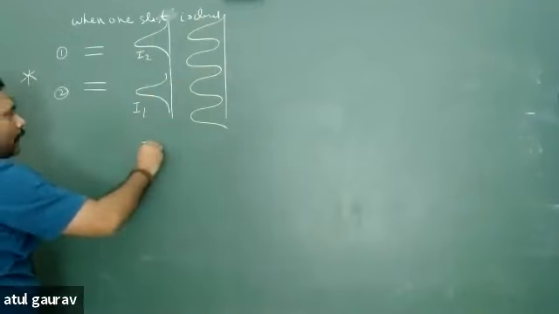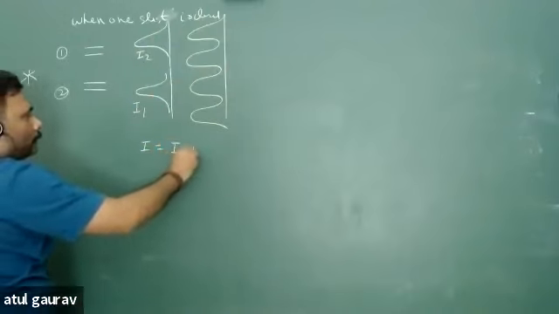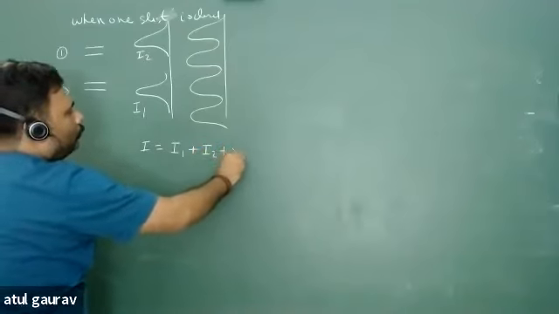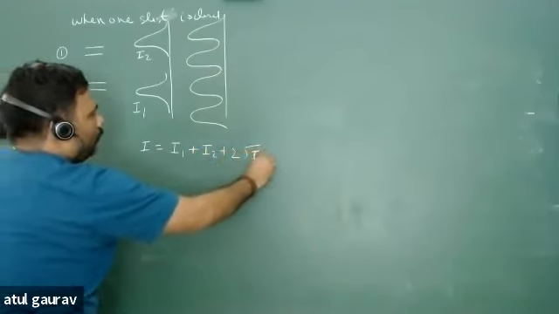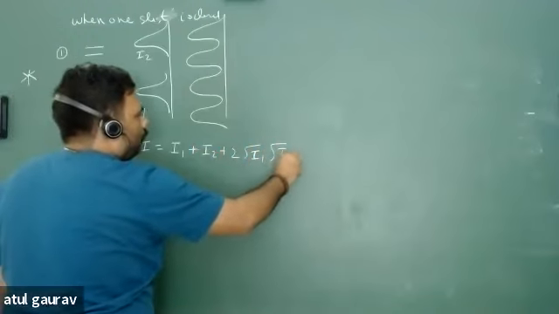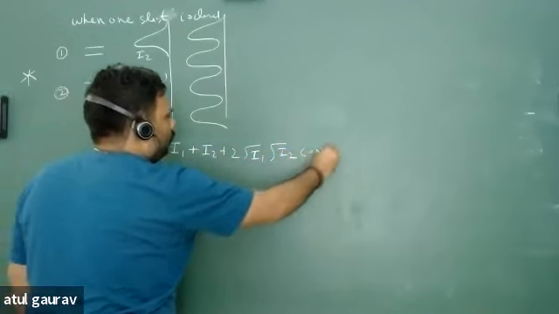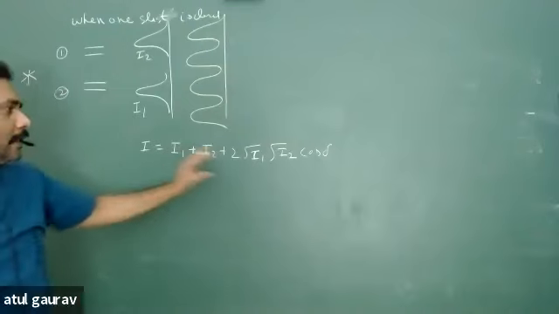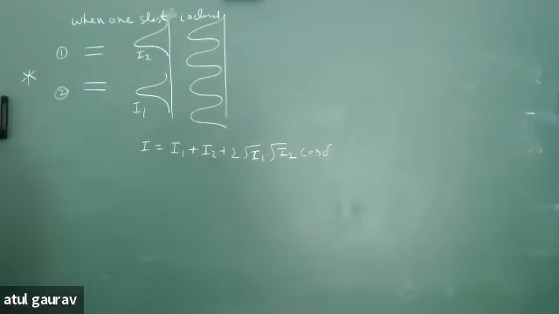to I1 plus I2 plus 2 times root under I1 I2 cos delta. I think this is the value, isn't it? Yes, 2 times, I think 2 is there. Yes. So this is the intensity pattern for this particular thing. So you can just find